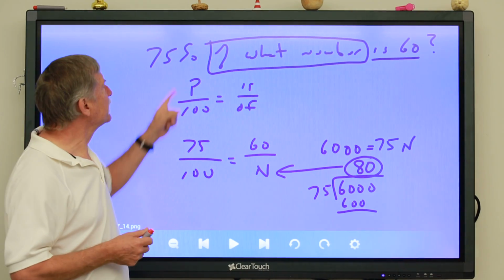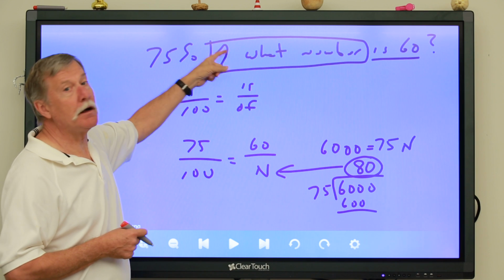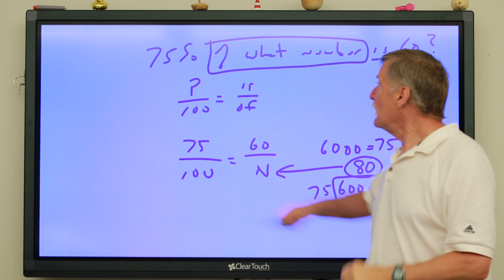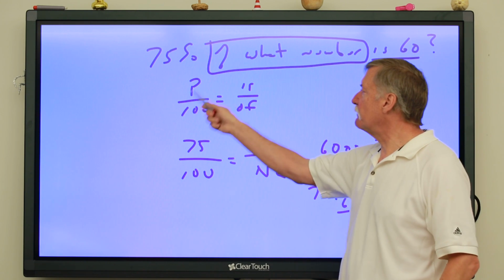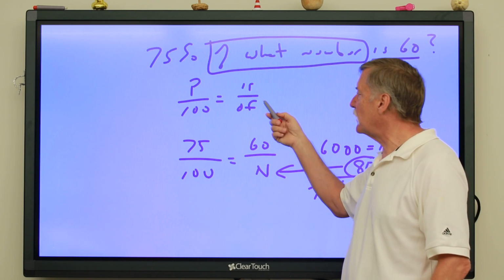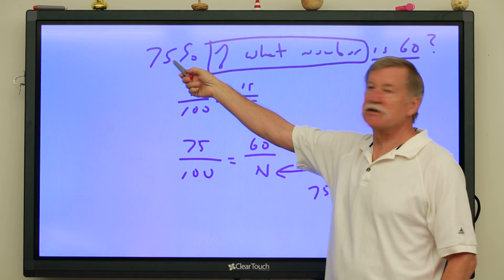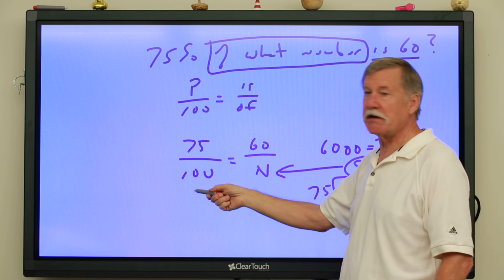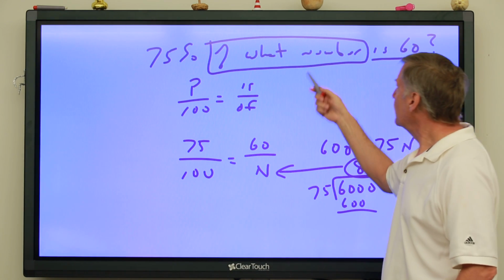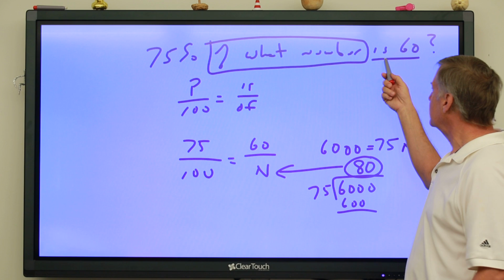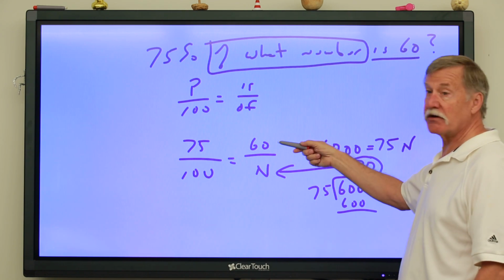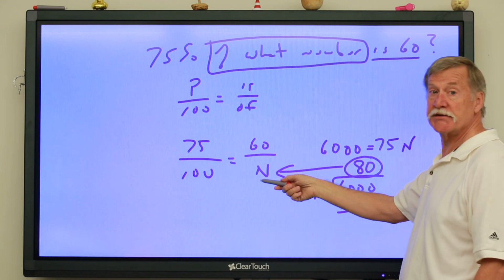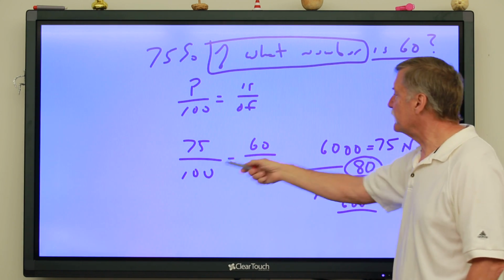All right. You'll see things like 75% of what number is 60. So we're going to use this proportion here. P over 100 equals is over of. In this case, it's got a percent sign, so we know the percent. 75% equals of what number is 60. Is goes with 60, so that's going to go on the top. Of what number, the whole thing, we don't know. That goes on the bottom. So we do 100 times 60,